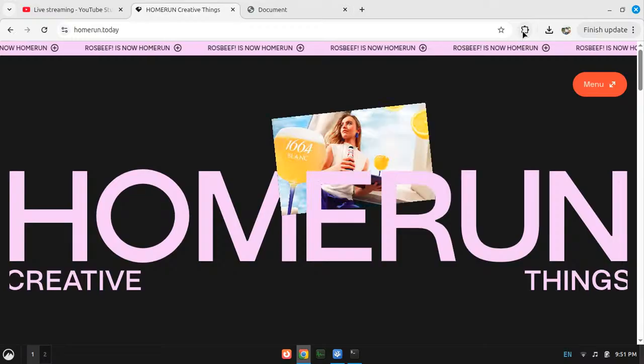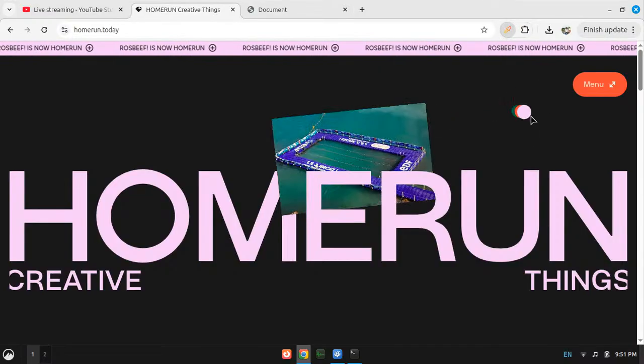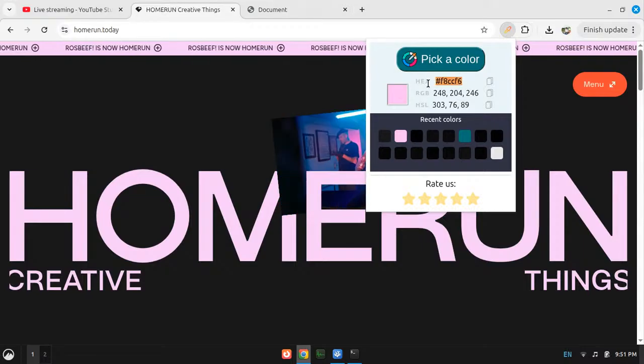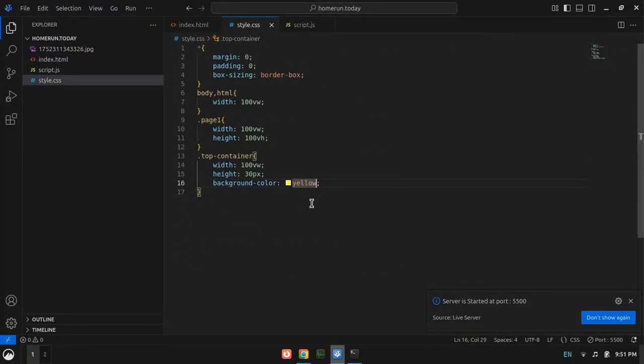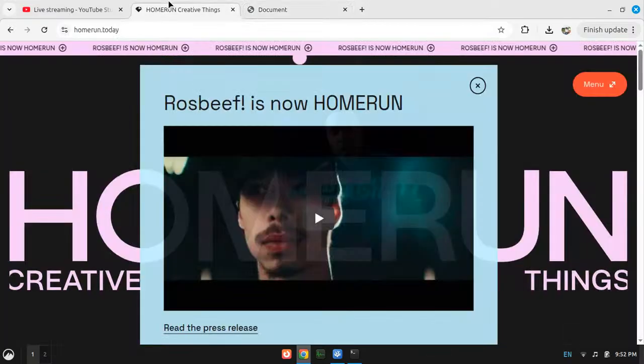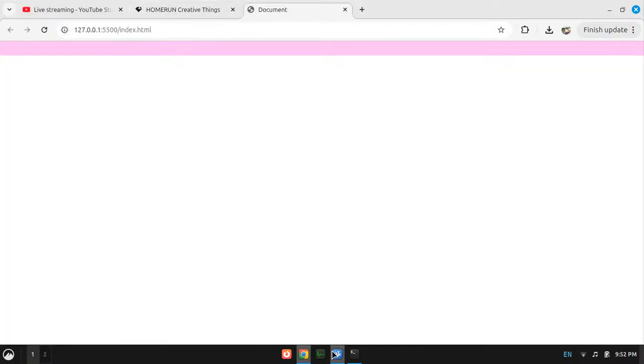And I need the color. Actually I have the color here in my color picker because I was experimenting before starting the live. Well, however, I need the background color to be this thing. And by the way, my laptop which I am streaming in is so potato. It has an i3 7th gen processor, and that's all. RAM is 4 gigabytes. So the stream might be very laggy, please pardon that, and just stay with me. Or if you don't actually like my stream, you can go as well.